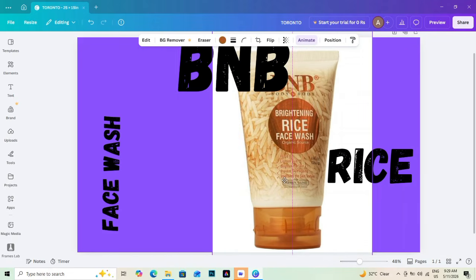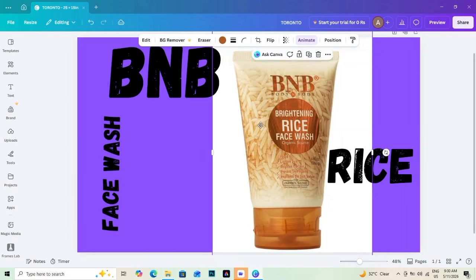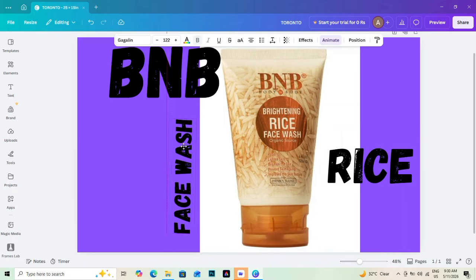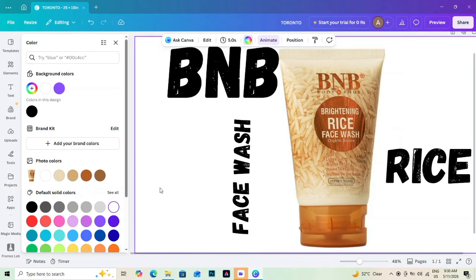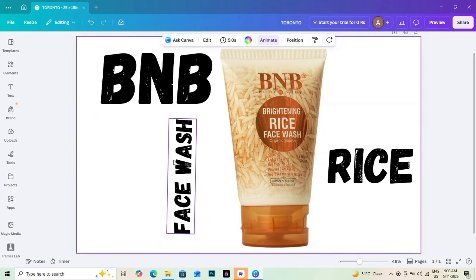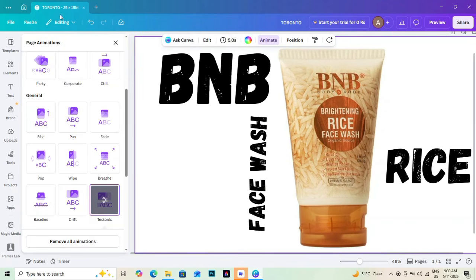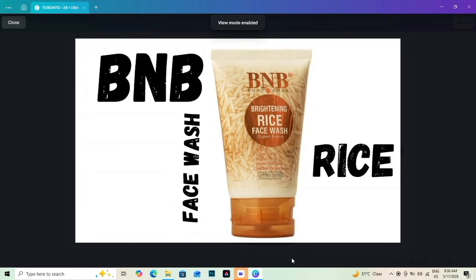Select the background and apply a dark gradient or moody tone. Add subtle blur and shadow effects to enhance atmosphere. Use position tools to control layering and composition flow. Add minimal